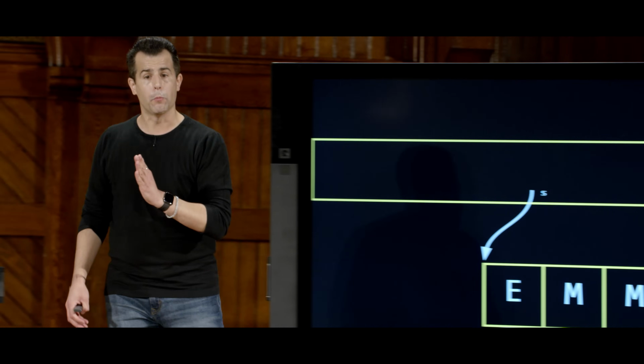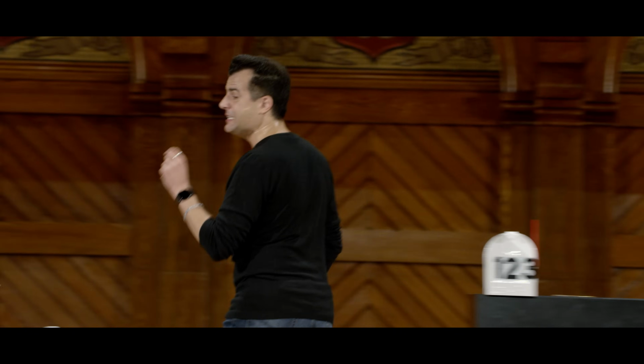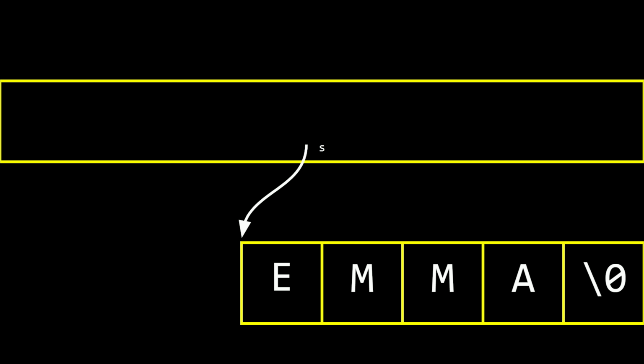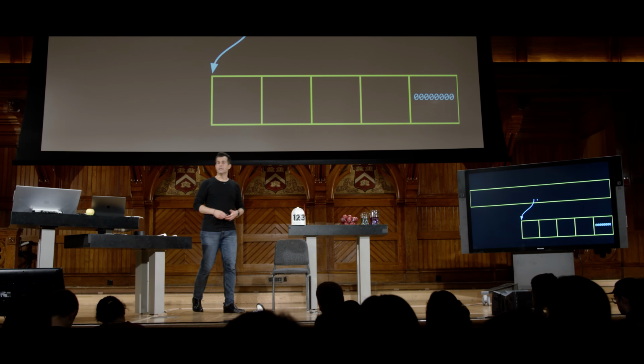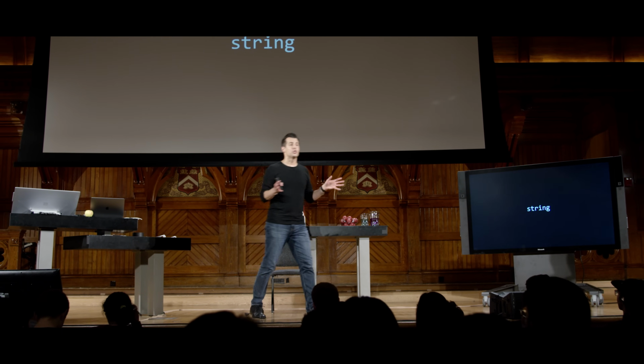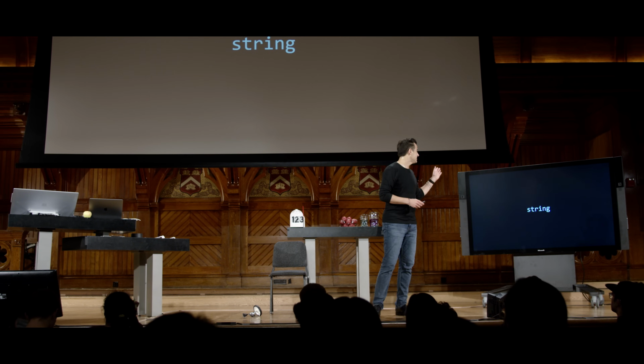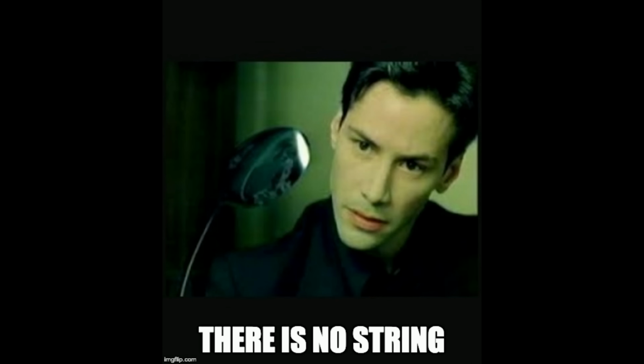But the computer is smart enough to know that if you just point it at the first letter in a string, it can figure out where the string ends by just looking, as with a loop, for that null terminating character. So this is to say, ultimately, that there is no such thing as string. And we'll see if this strikes a chord. There is no such thing as a string.